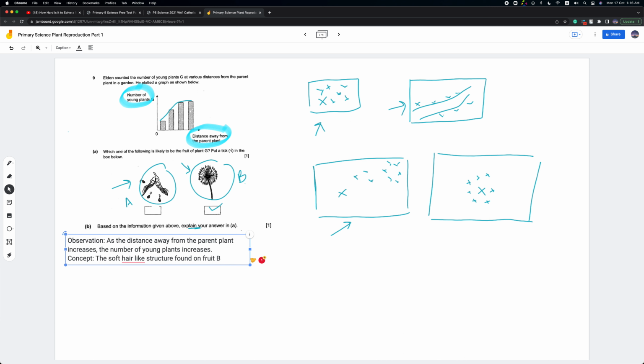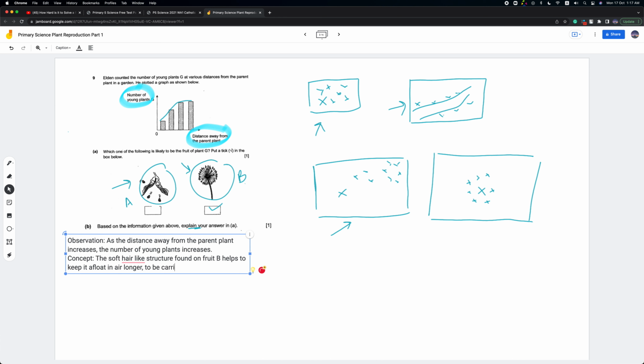This is where the key phrase comes in for this question. Okay, or rather for this topic. The soft hair-like structure found on fruit B helps to keep it afloat in air longer. So this is the first key phrase. Okay, if it's a wing-like structure, you will say the wing-like structure. For this case, it is the soft hair-like structure found on fruit B helps to keep it afloat in air longer,